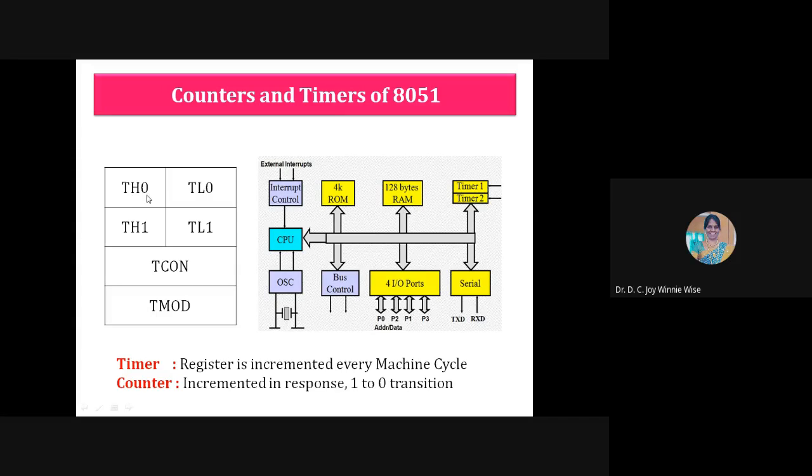So this is an 8-bit register and this is another 8-bit register. Suppose I want to load something, for example, let us take the traffic light controller. In a traffic light controller we have mainly three signals, no? Red, green, and yellow. So which signal will be glowing for more time, for a long duration?